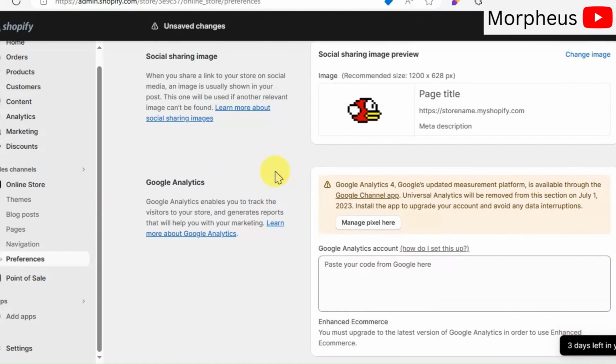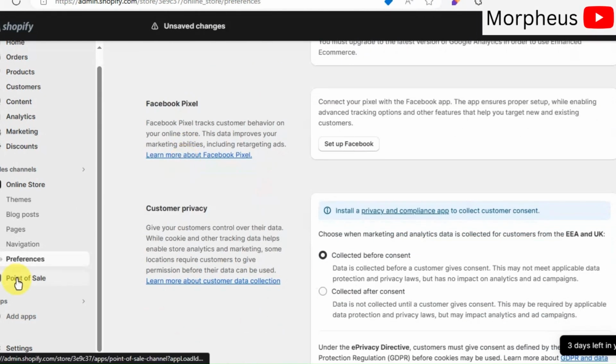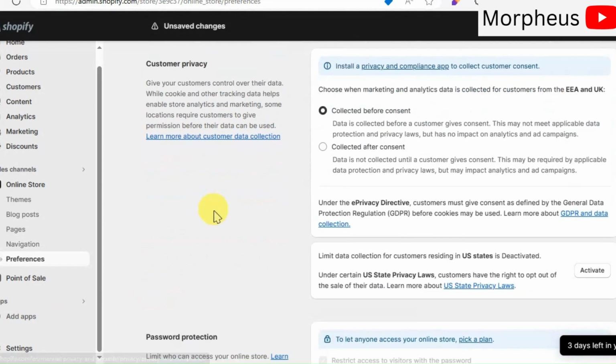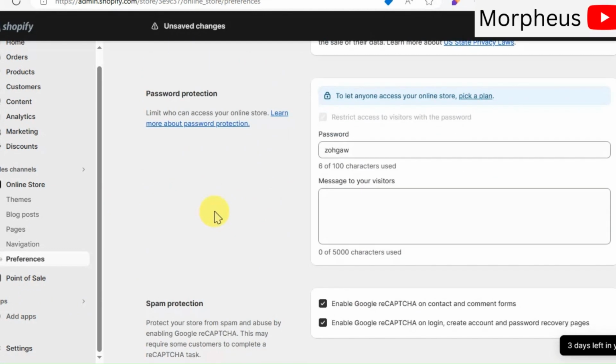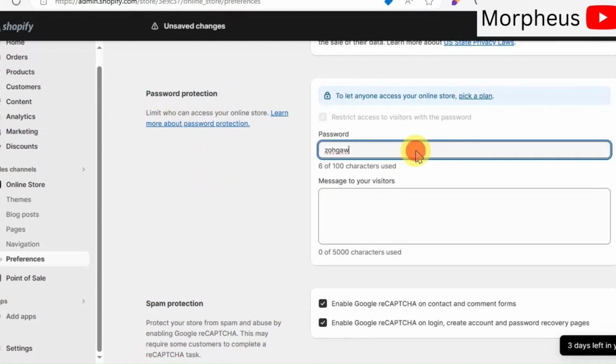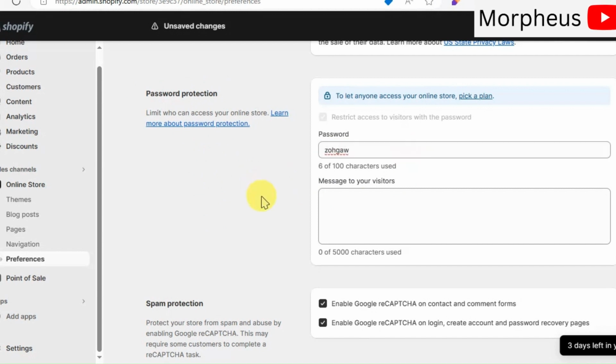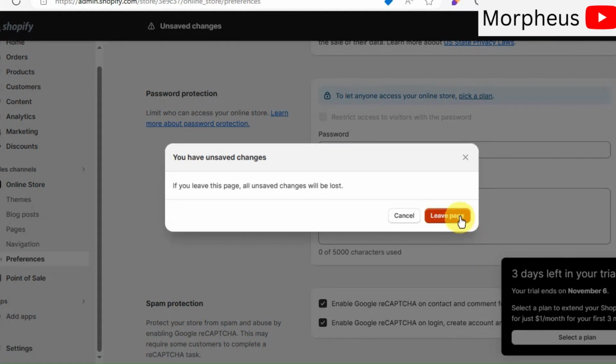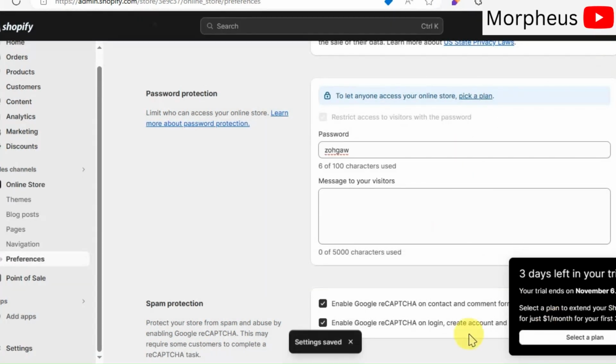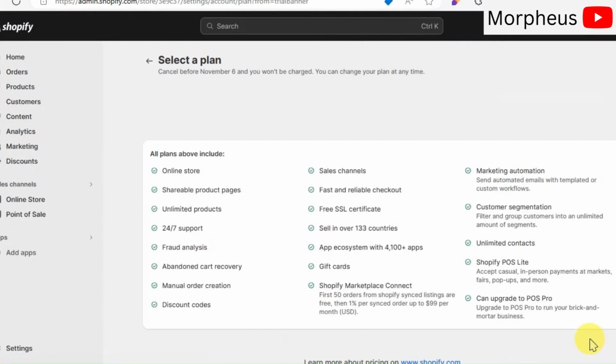Now, scroll down to password protection. Here, you need to disable your store's password, so your store becomes live and people can visit it and buy your products. But before that, you need to choose a Shopify plan for your store. And don't worry, Shopify won't charge you anything until the end of your free trial. And by that time, I'm sure you will get a lot of sales.